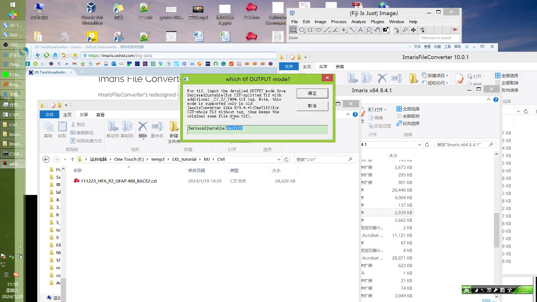Because the series TIFF is no longer supported in the new Imaris converter, you should always keep it as 8 or 9. And another difference is that if you use a series adjustable TIFF, it will add an additional tag, for example C001, Z001, T001, at the end to distinguish the different slices. However, if you use the OME TIFF, the file name will stay the same, because there is only one TIFF file that has all the channels.